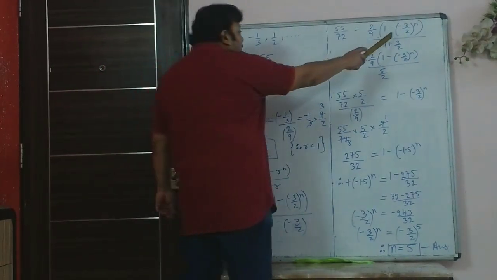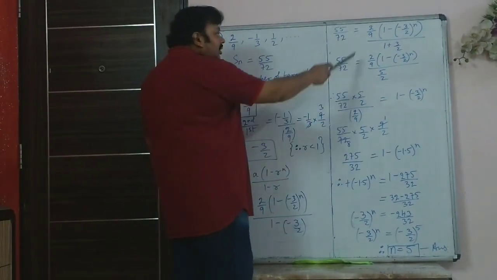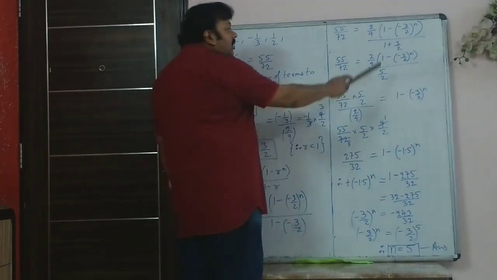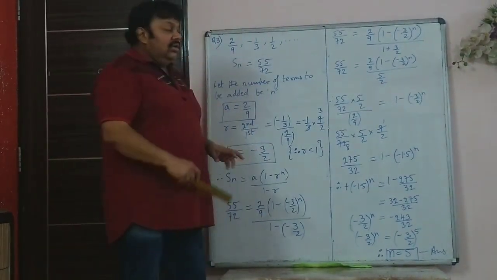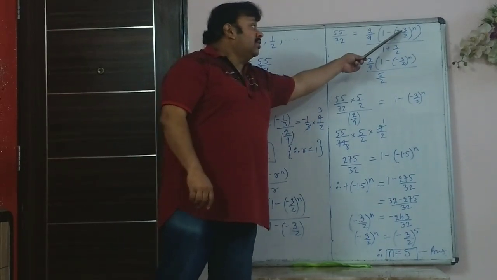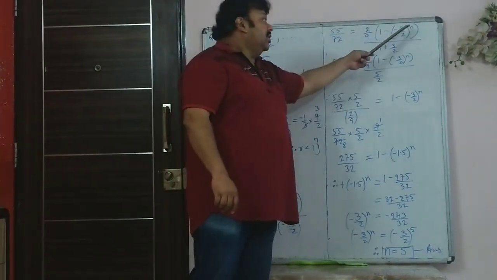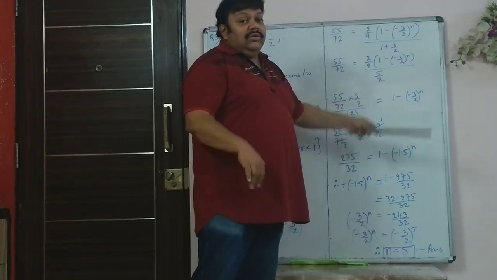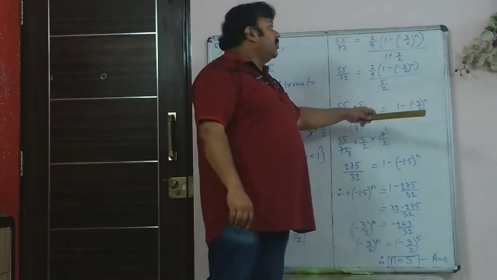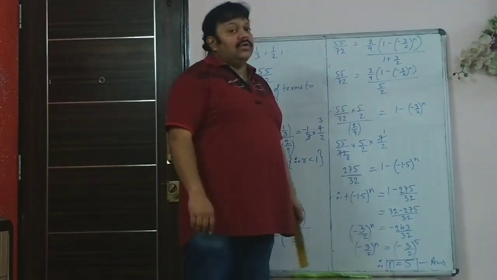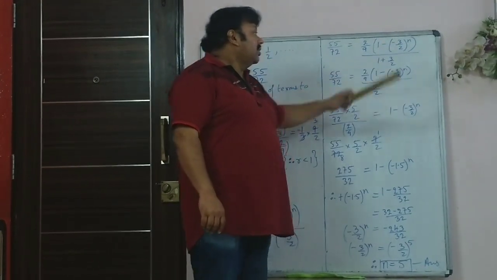So it will be, after taking the LCM, 5 by 2. The numerator I haven't done anything, I have left it that way. Here I can't add the 2 because I don't know whether n is odd or even. If n was odd, then this minus sign would remain and this would have become plus. If n is even, then this would become plus. When any negative number is raised to an even number, it becomes positive and therefore the minus sign would remain. So because it is n there, I can't remove this minus sign.